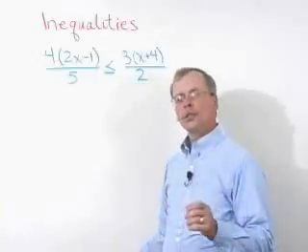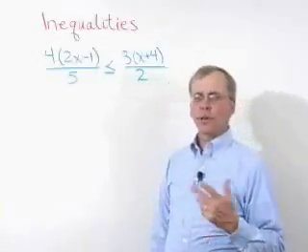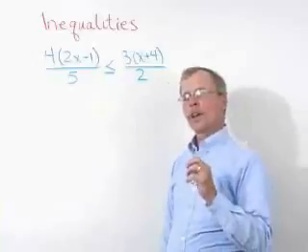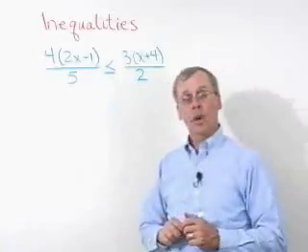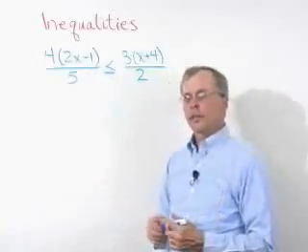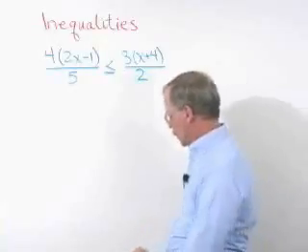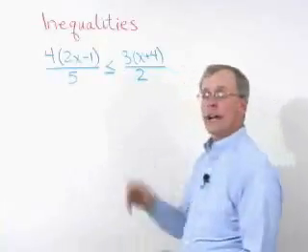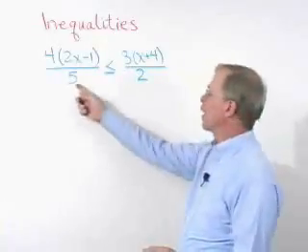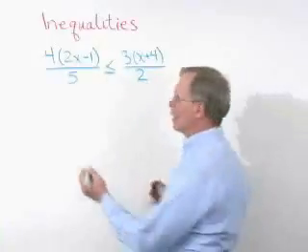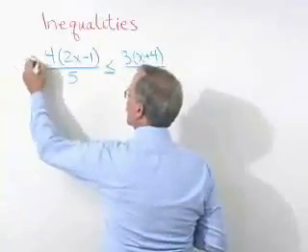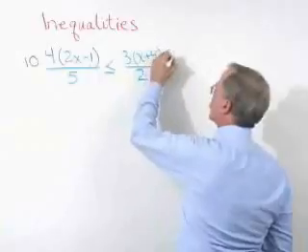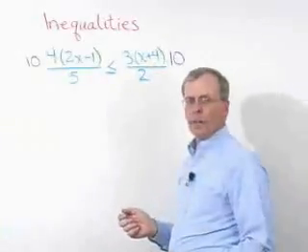We can use any of the rules for equations to work with inequalities as well. So in this particular problem, probably the first thing we would consider doing is to clear the fractions by multiplying by the common denominator, which is 10. So if I multiply by 10 on both sides, I'll wind up with